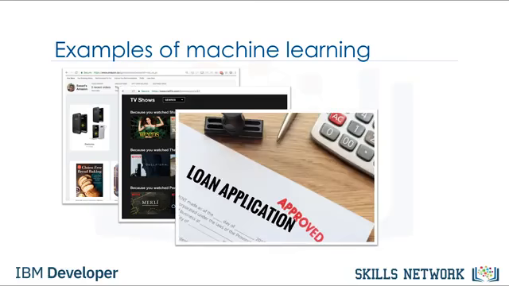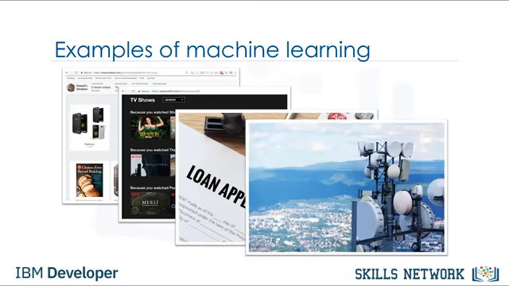How do you think banks make a decision when approving a loan application? They use machine learning to predict the probability of default for each applicant, and then approve or refuse the loan application based on that probability. Telecommunication companies use their customers' demographic data to segment them or predict if they will unsubscribe from their company the